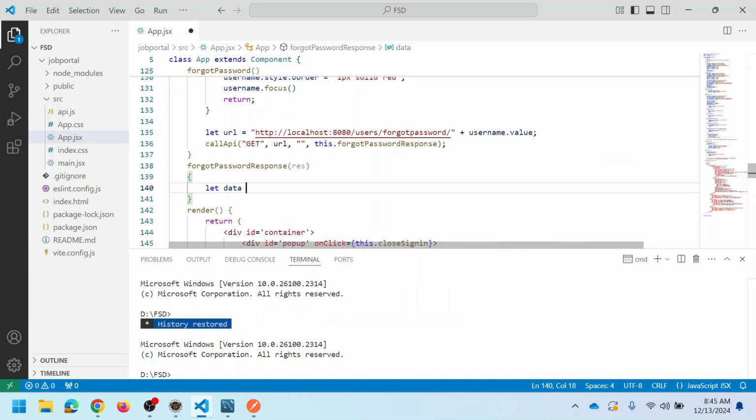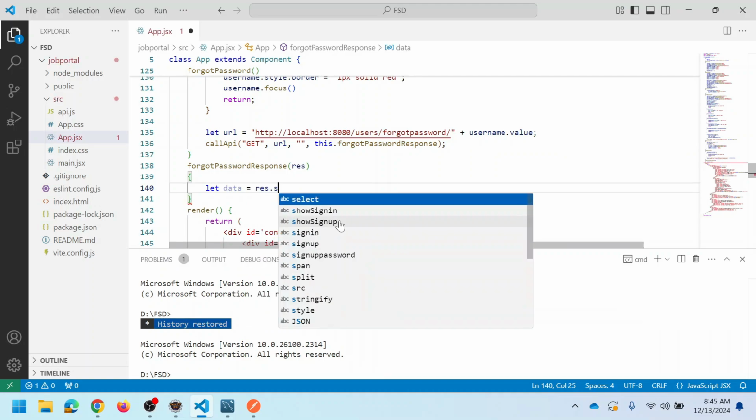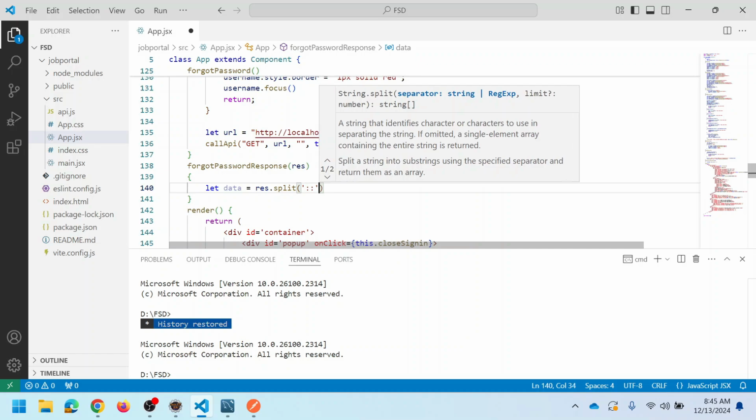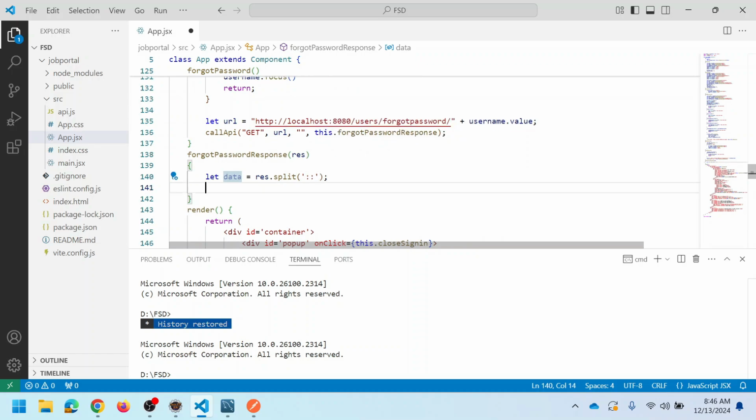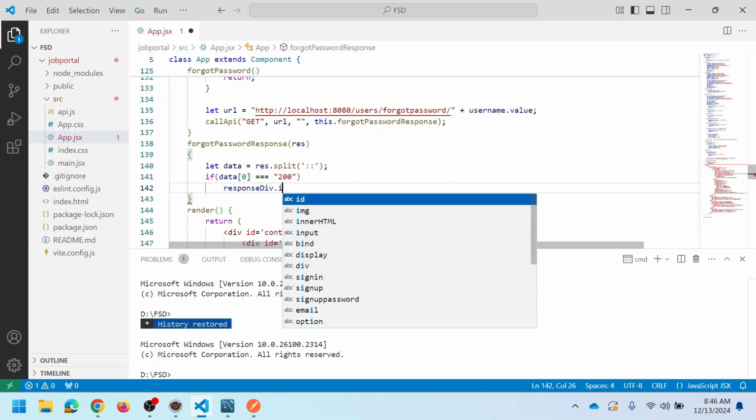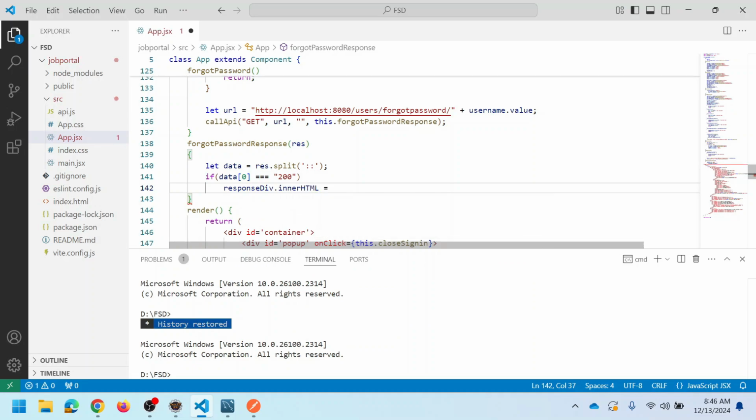Let data equal to response.split based on the special character. Now the data has two indexes, data[0] and data[1]. data[0] has the code and data[1] has the message. Now we can check data[0] equal to 200. Then display the response on the responseDiv. responseDiv.innerHTML equal to